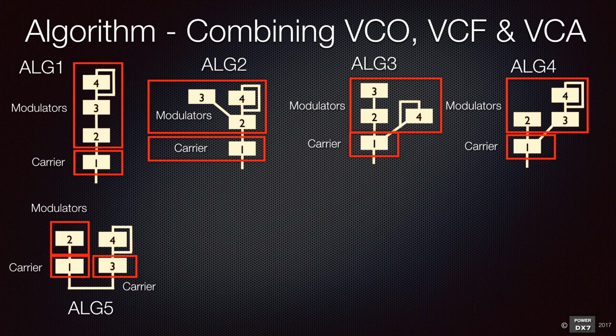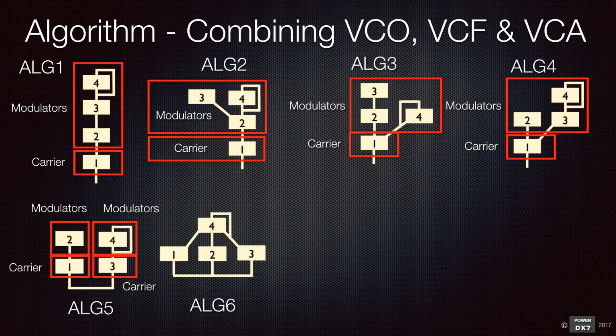For tower 2, operator 3 is a carrier acting like VCA, and operator 4 is a modulator acting like VCF. Algorithm 6 has 3 carriers, operators 1, 2, and 3 acting like 3 VCA, and it has one modulator, operator 4,